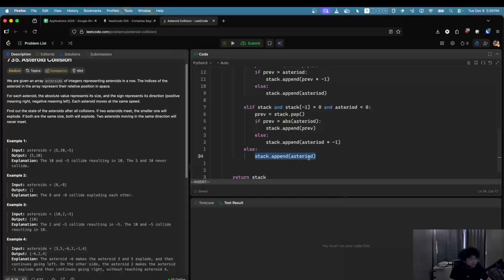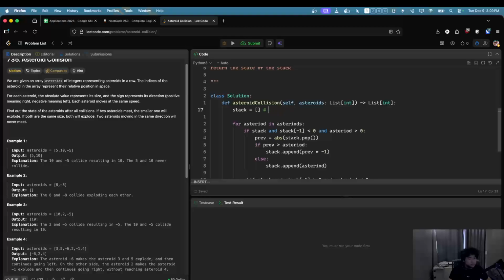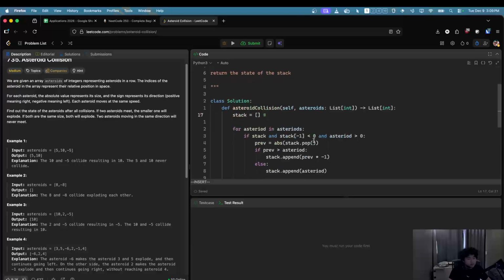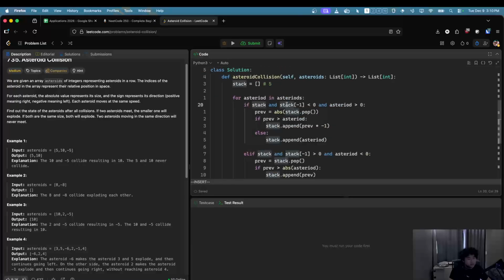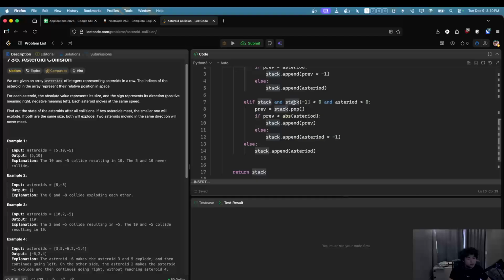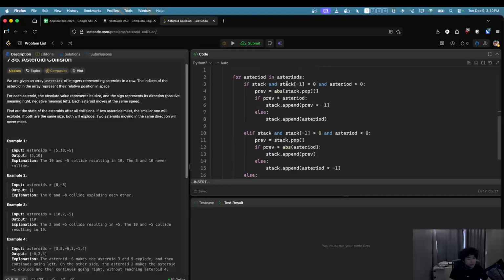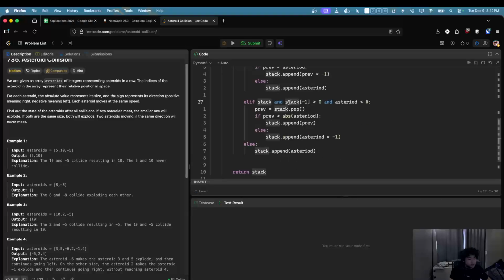So let me walk this through. So we have here, if stack, nope. If stack, nope. Else 5. So if stack, yes, this time is the previous negative, no. Is the previous positive, yes. Is the current negative, no. So move on. Stack dot append asteroid, so we'll put on 10. Next value, which is -5: is stack, yes. Is the last stack negative? Nope. Is the last stack positive? Yes. Is the current one negative? Yes. Pop them out, which will give me 10, right? So is 10 greater than -5? No. Else stack dot append the asteroid, which is